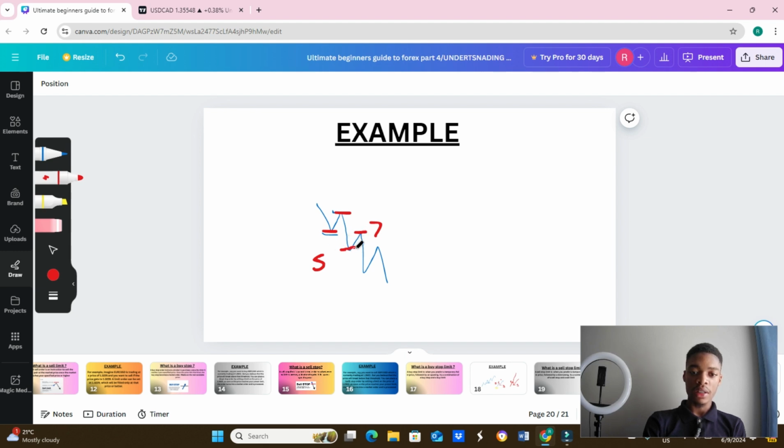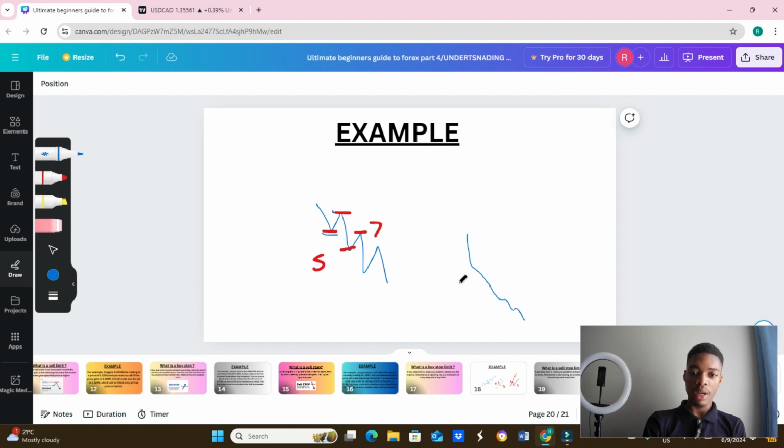Alright, and the sell limit level is below the current market price. So price would have to pull back to my sell limit level of 7 right here. Once it does that, then I'm automatically entered into the trade. And same like our buy stop, if it does not pull back to that level, then we're not in the trade. So say for example, the market just keeps dropping in a straight line, just going down, but not giving us that heavy pullback,